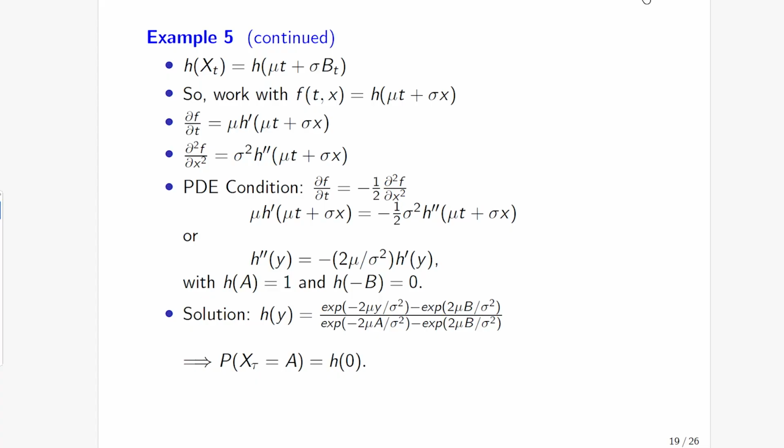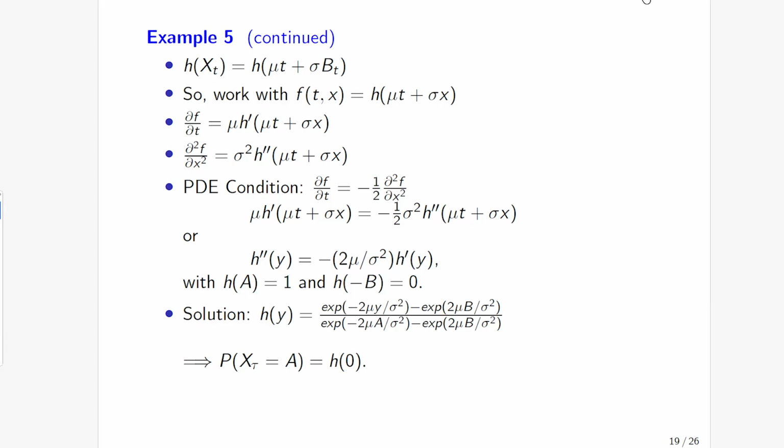And the partial of f with respect to t, which is by chain rule mu h prime of mu t plus sigma x, if that equals the second partial derivative of f with respect to x, which is sigma squared h double prime, then this PDE condition says we have this differential equation for h, although it's in the first derivative of h. But we can then